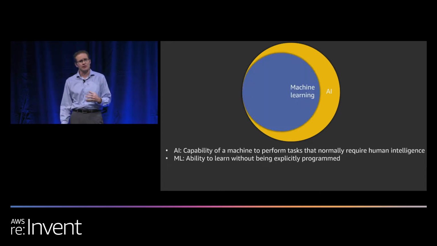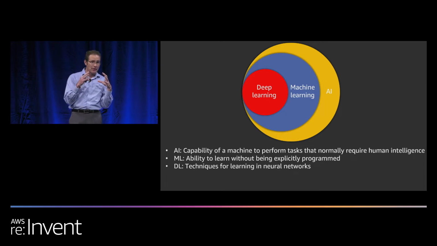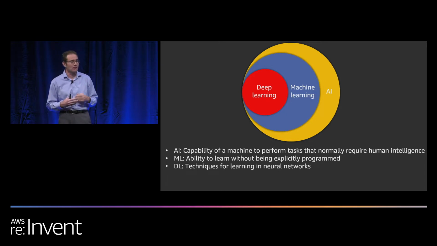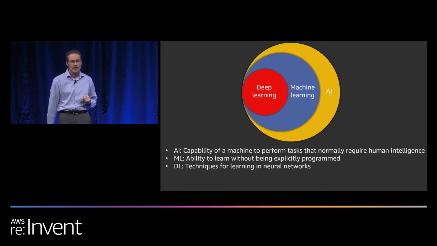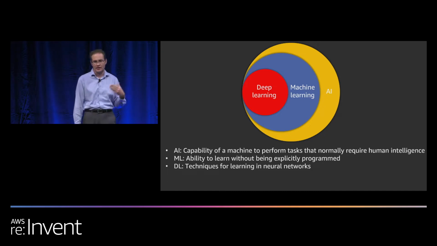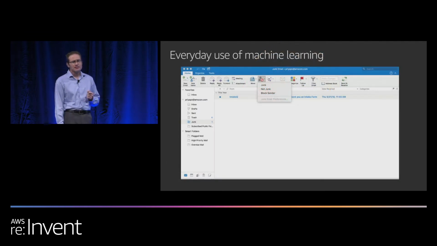When we talk about machine learning, that's a subset. So that's really where you're talking the ability to learn without being explicitly programmed. So this is something like price optimizations or intelligent restocking. And inside that bubble is the deep learning processes. So you're using neural networks or little neurons that are making inferences or predictions. And with that, you can think of maybe like computer vision and autonomous driving as a very popular space in there.